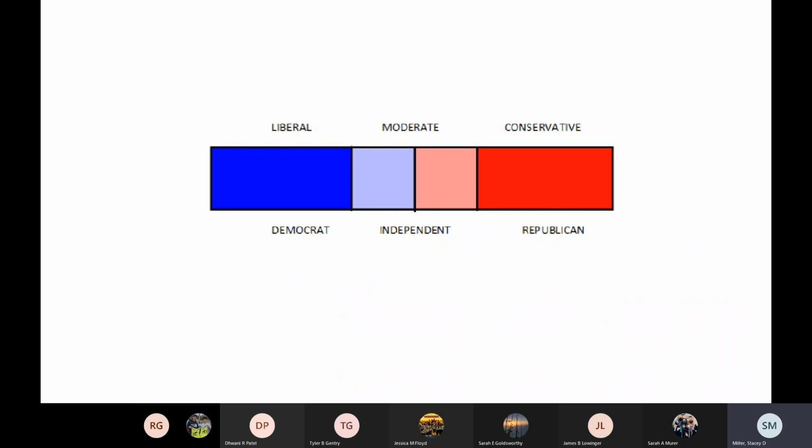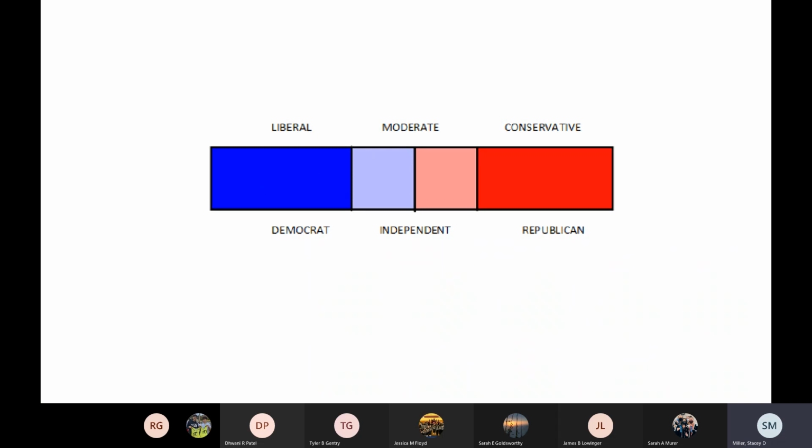So I have a list of the demographics, some exit polls, and they're not always the most accurate thing in the world, but exit polls do give us a pretty good idea of who voted for who. Who did white men over the age of 50 vote for? Who did black women vote for? Who did people with college diplomas vote for? Things like that. So we'll take a look at that today.